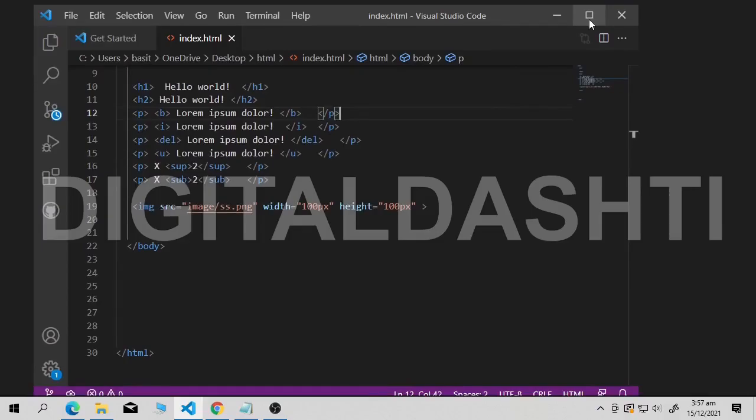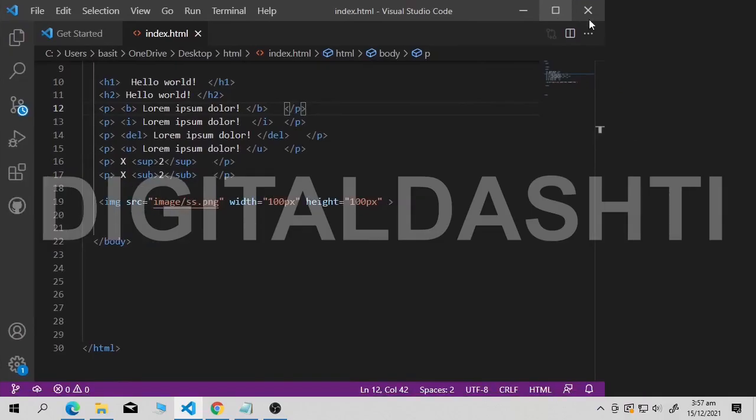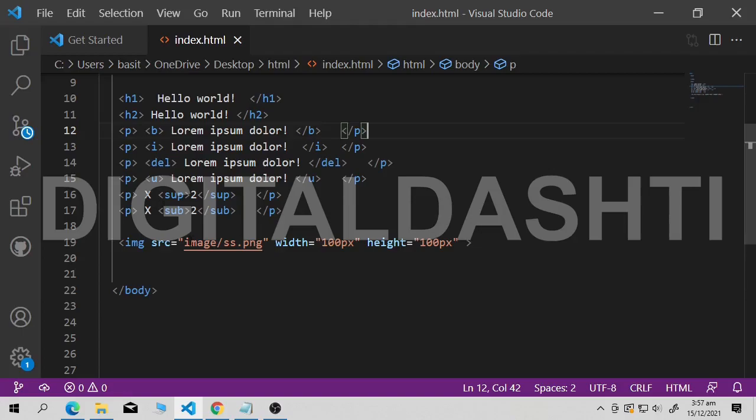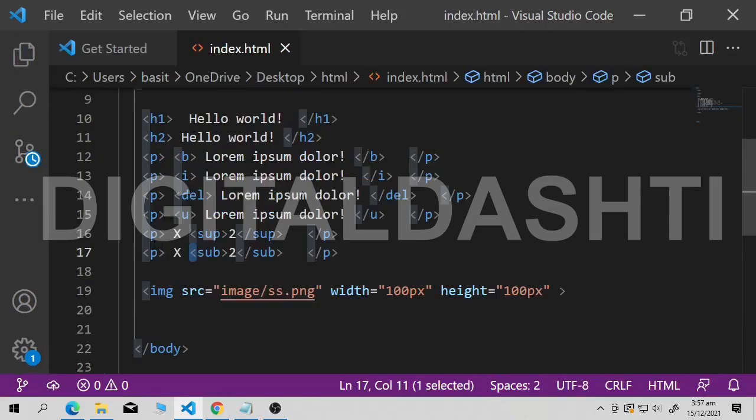This is my code. Let me make it bigger and zoom in. Okay, so here you can see this is my image. What I mentioned in the src attribute, I told you about attributes. What is an attribute?